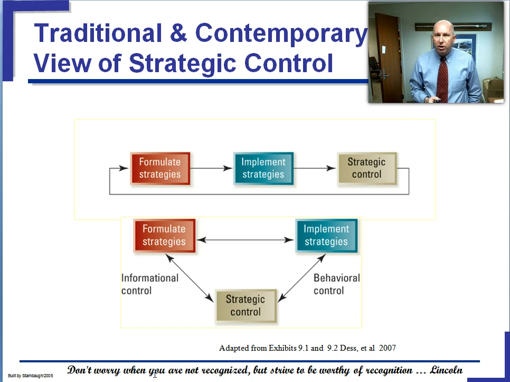I don't think the book does itself well with its extensive discussion of contrasting the traditional view of control and the contemporary view of control. It's like managing was so much easier back in the day, and they were able to have these linear processes, and now we have to have much more iterative processes. Well, okay, if we want to call it that way. But I do think the bottom graphic is actually pretty useful, because there's 2 things there.